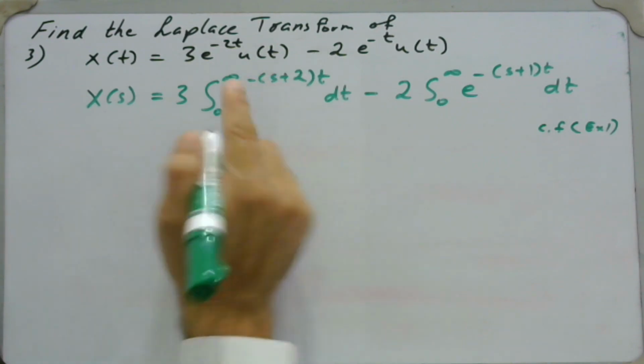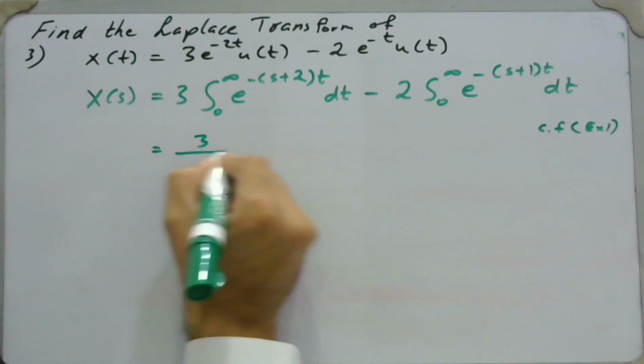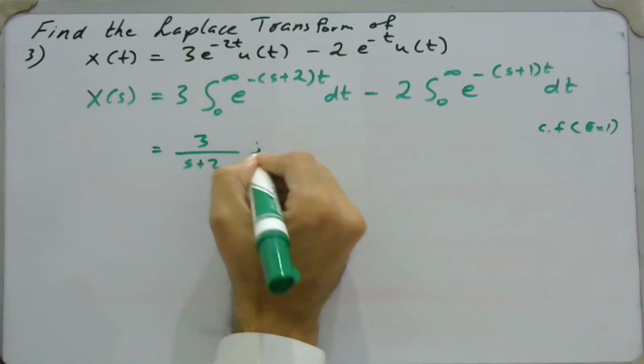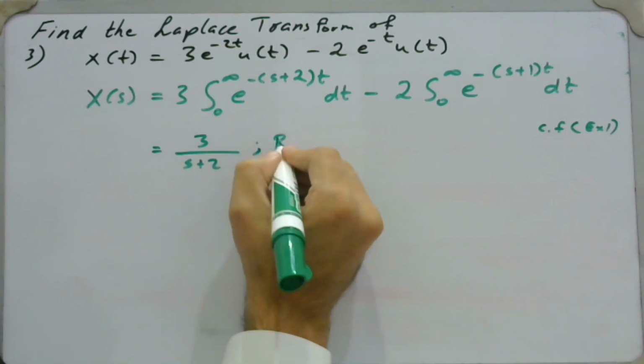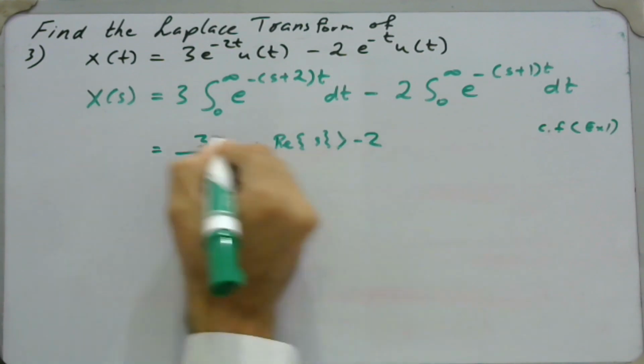So for this case a would be 2. So from example 1 we can simply say this is 3 over s plus 2, and this is valid when the real part of s is greater than minus 2,